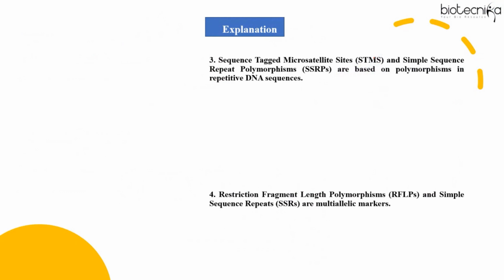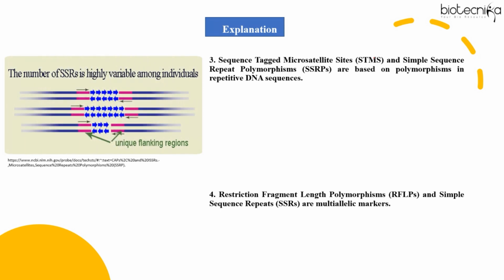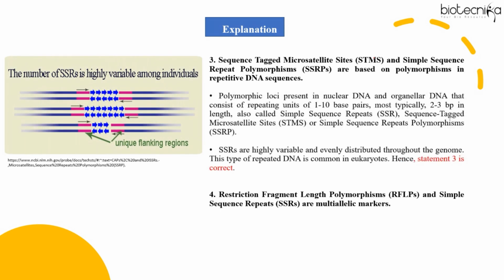Then coming to statement 3. Statement 3 is, sequence tagged microsatellite sites and simple sequence repeat polymorphisms are based on polymorphism in repetitive DNA sequence. So those who don't know about STM and SSR, basically they are microsatellites. Microsatellites are sequences which are repeated multiple times in the genome of an organism. Now the sequence repeated is only 2 to 3 base pair, but it is repeated